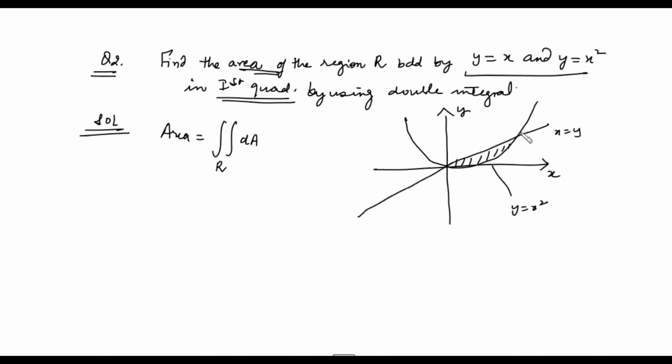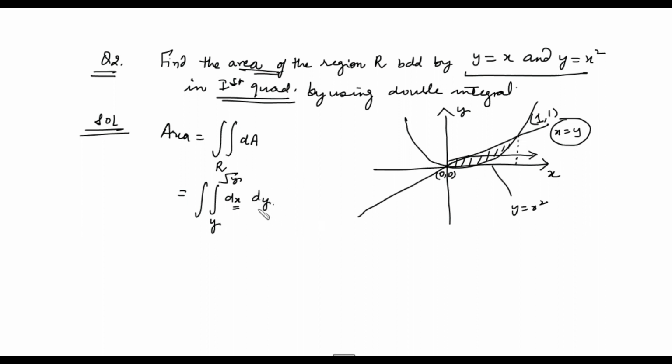So now just see what are the coordinates. This is 0, 0. When you find out the intersection of y is equal to x and y is equal to x square, you will get this is 1, 1. Okay. So you can integrate this with respect to x as well as with respect to y. So you take a parallel line to x-axis. If you want to integrate with respect to x first, x is always varying from this line to this. Here the value of x is y and here the value of x is square root of y.